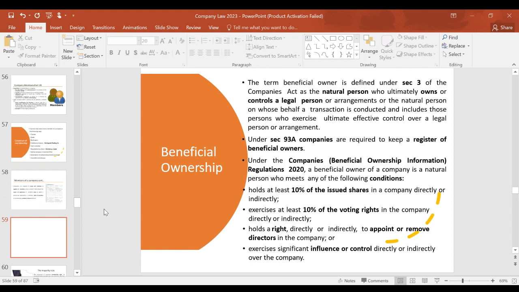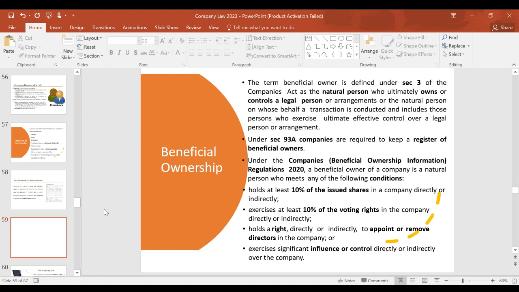Under Section 93A of the Companies Act of Kenya 2015, there is a requirement that a register of beneficial owners be maintained. And as such, it needs to be updated. As I said, if one member has ceased to be a member, the company must update the record on who has now taken over the shares as the new member. And those who have ceased to be a member, their details should be deleted within the register